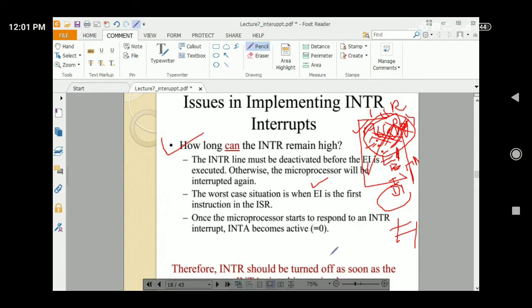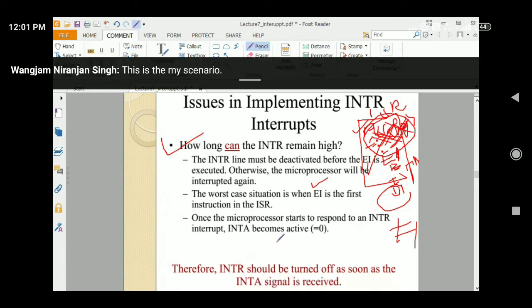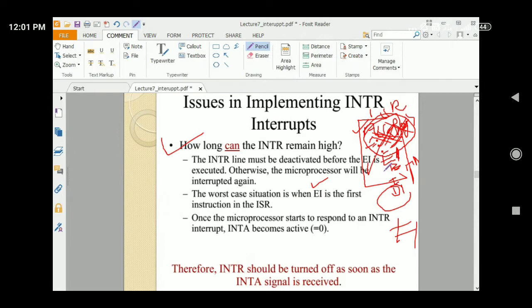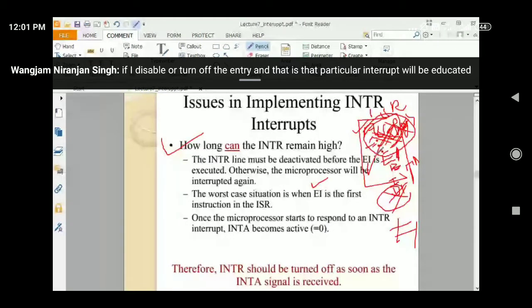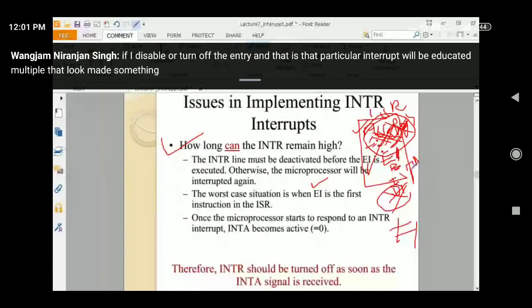This is the scenario in which we can know that if I do not disable or turn off the INTR, that particular interrupt will be executed multiple times. Loop में हमेशा इंटरप्ट ही करते रहेगा.